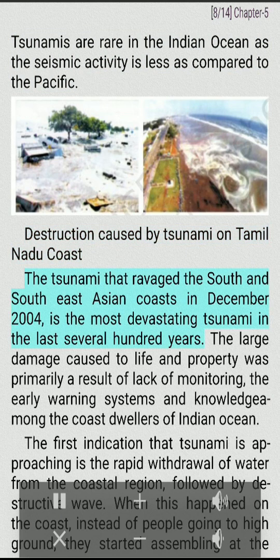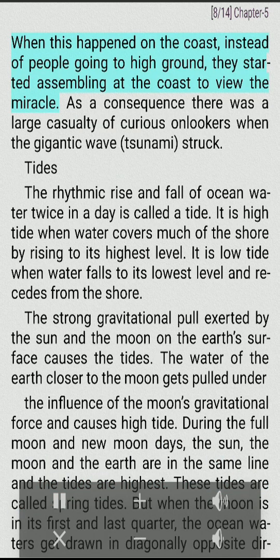The tsunami that ravaged the South and Southeast Asian coasts in December 2004 is the most devastating tsunami in the last several hundred years. The large damage caused to life and property was primarily a result of lack of monitoring, early warning systems and knowledge among the coast dwellers of the Indian Ocean. The first indication that a tsunami is approaching is the rapid withdrawal of water from the coastal region, followed by a destructive wave. When this happened on the coast, instead of going to high ground, people started assembling at the coast to view the miracle. As a consequence, there was a large casualty of curious onlookers when the gigantic wave, tsunami,